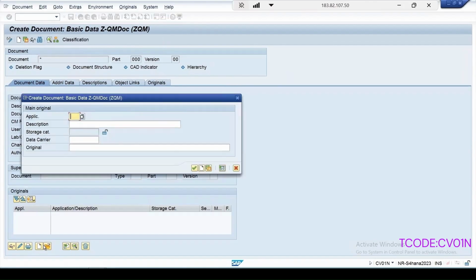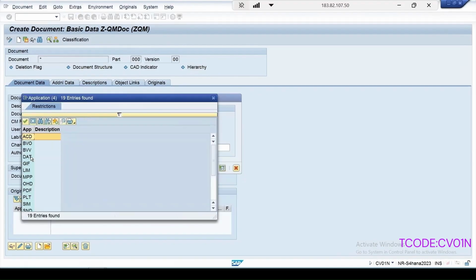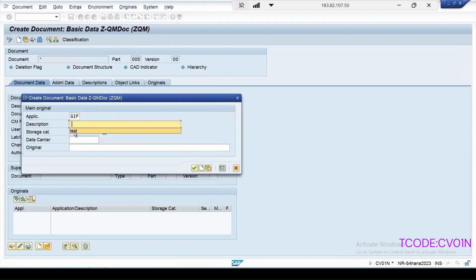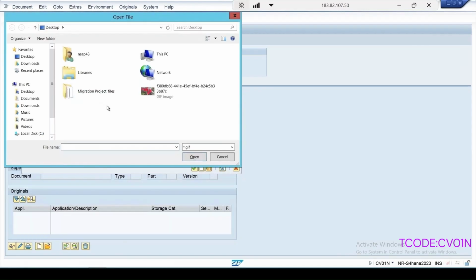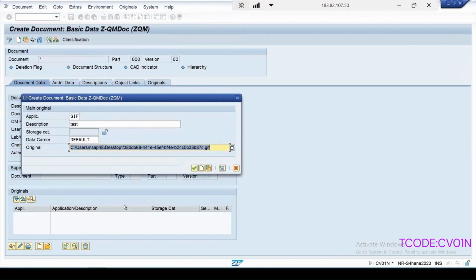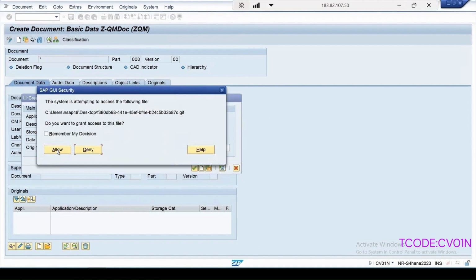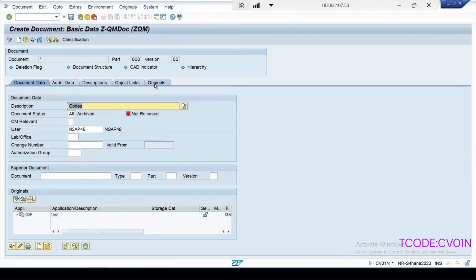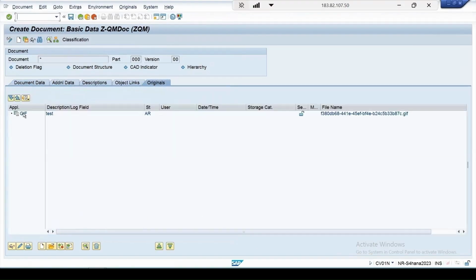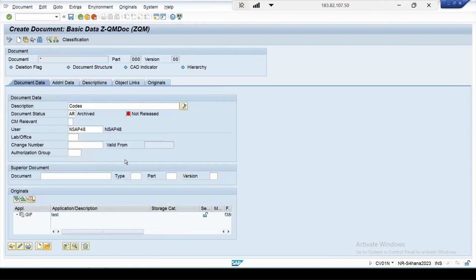let me assign one file also to the code. So I can select this GIF. I have already kept one file on the desktop for the GIF, and remaining entries I am just maintaining the same, and here I can maintain the file, allow it, continue, and now if I go to the originals, here this file is linked. Let me go back, and if I